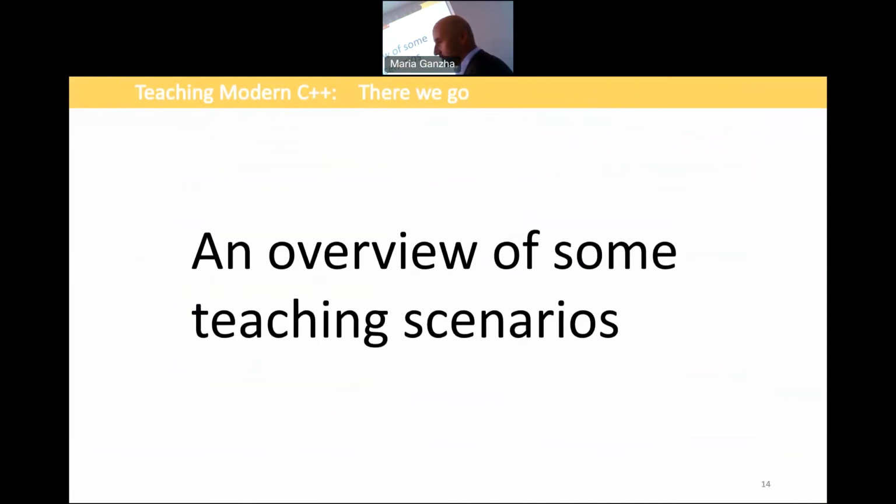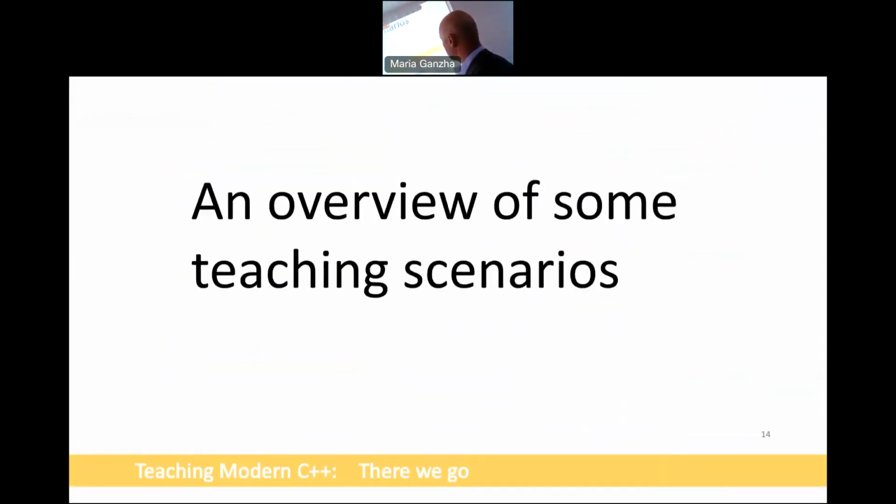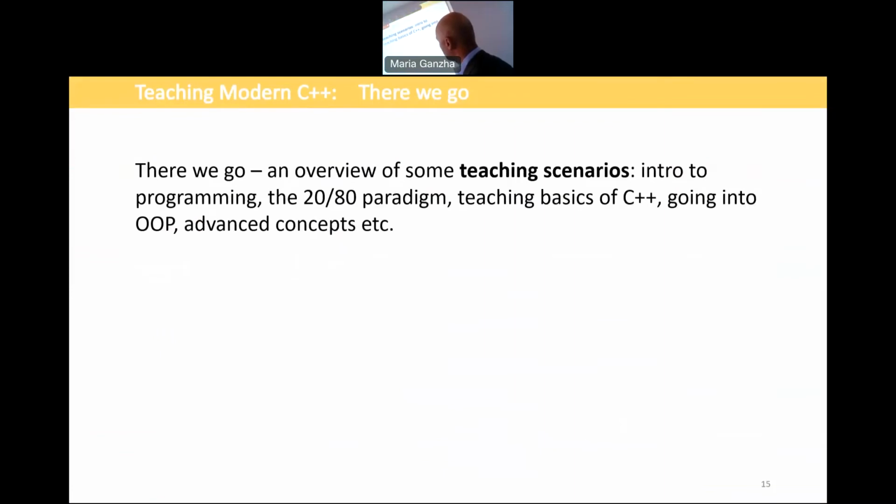And now some real stuff, some teaching scenarios. Let's go as fast as we can. But before we go into some propositions, what to do with the beginners, for example, let's take a look at this 80/20 paradigm applied here to teaching C++, but any subject. It's not reinventing the wheel, but if we are aware of these ideas, we can be more productive or more focused on important things.